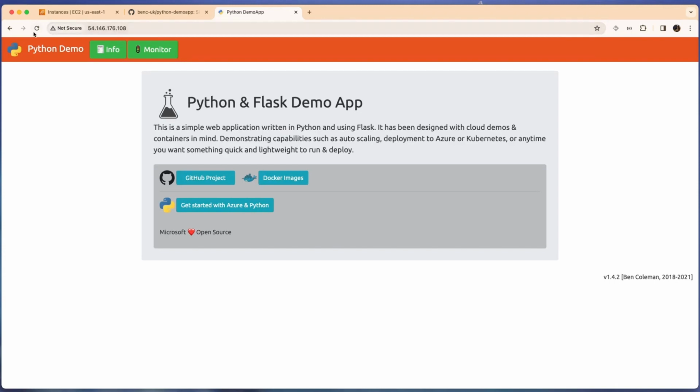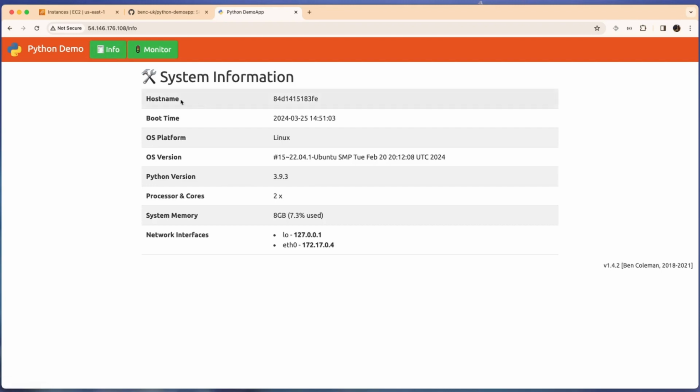We can reload the server. To show the difference, we can go to the info menu. Here we can see the hostname of our Docker container, in this case our backend server. We can reload, and you can see we got a different server.